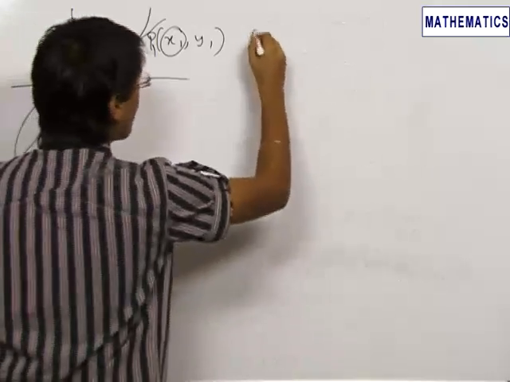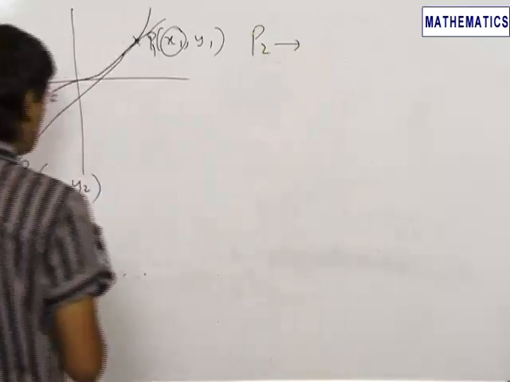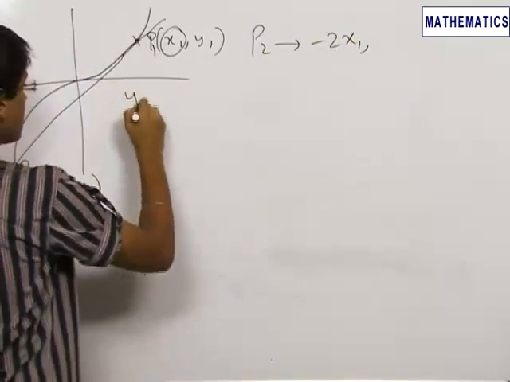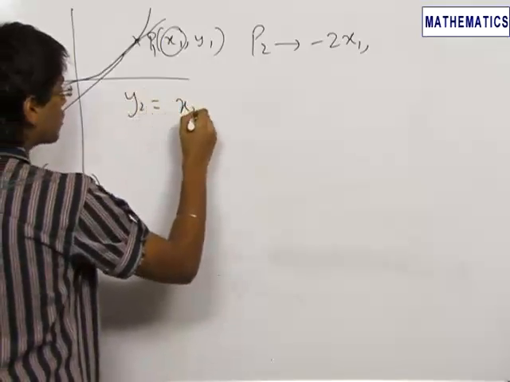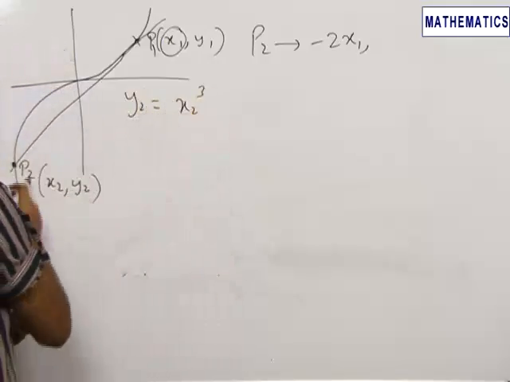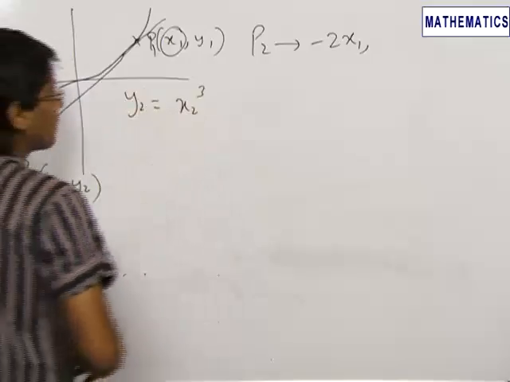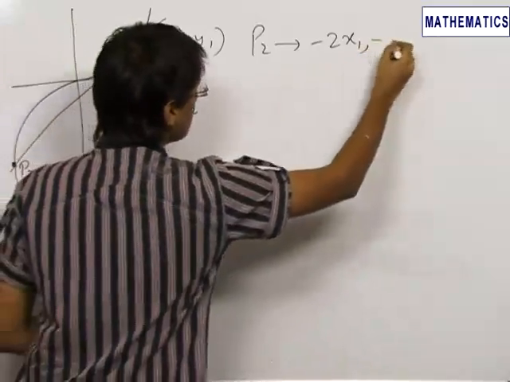Hence our point P2 comes out to be minus 2x1, comma, since x2, y2 is lying on the curve y equals x cube, y2 is equal to x2 cube. So this will come out as minus